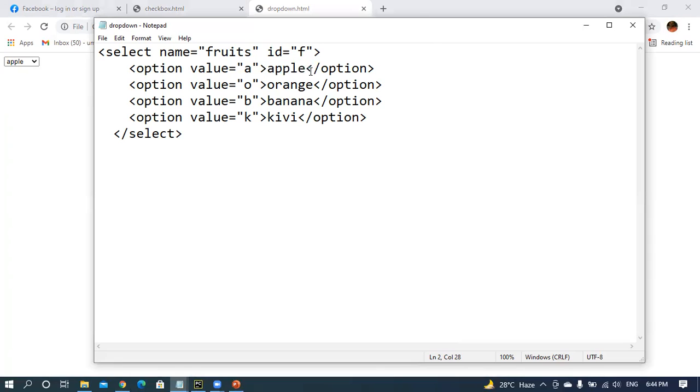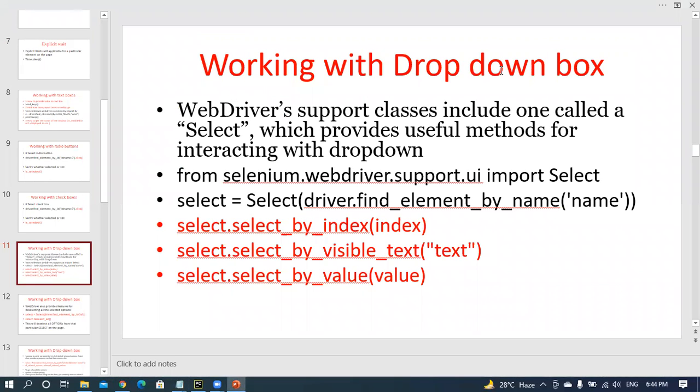For example, instead of apple, you may write anything and that text appears. Instead of apple, you may write apple 1 2 3 4 5. If you execute this, yes, see here, apple 1 2 3 4 5 appears. This is not apple related, this is a drop-down box. Here the drop-down, that is a drop-down.